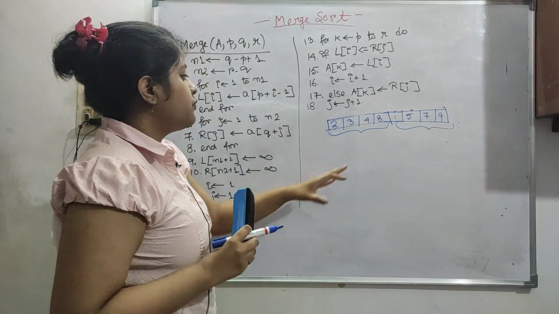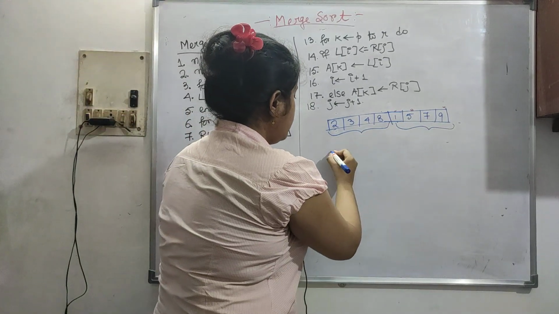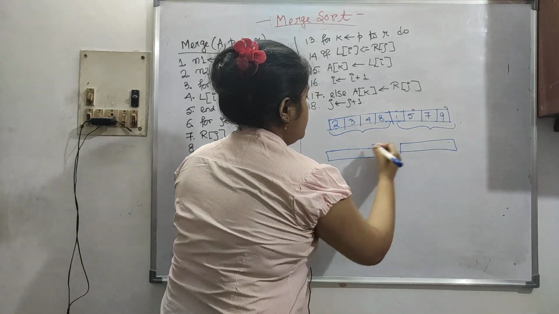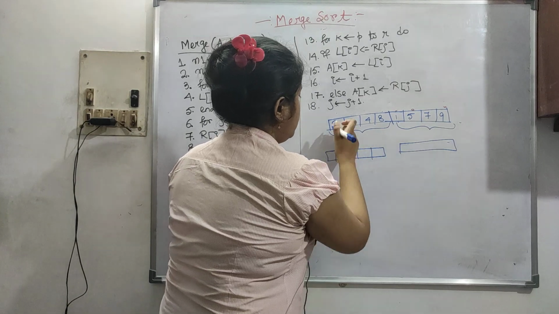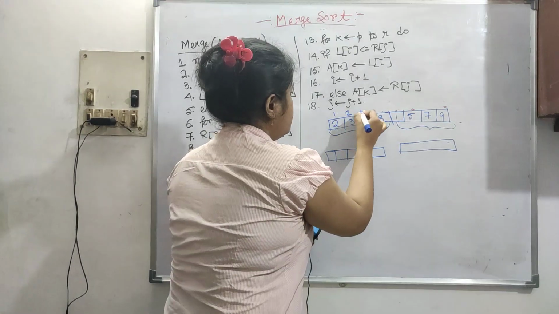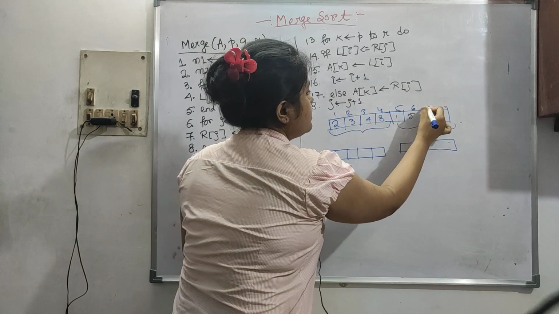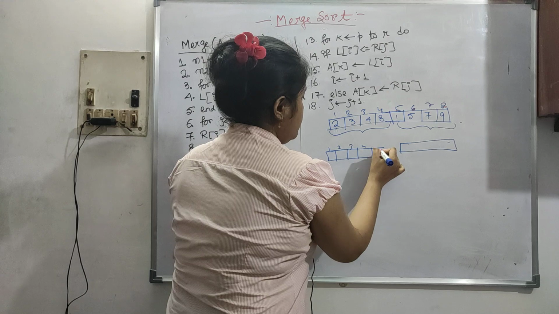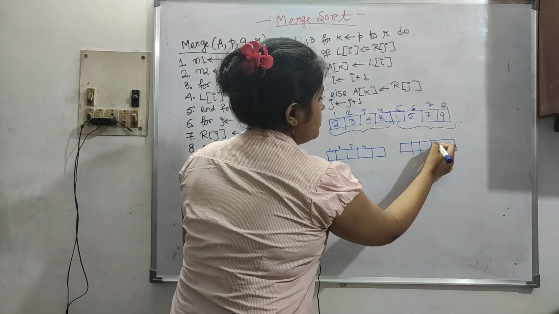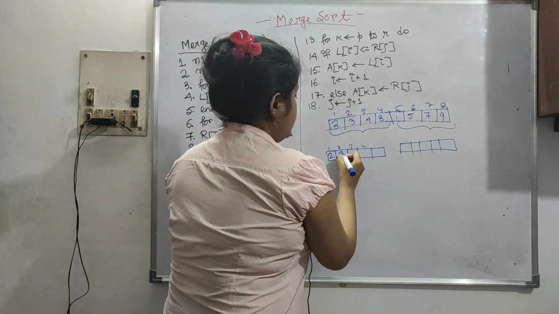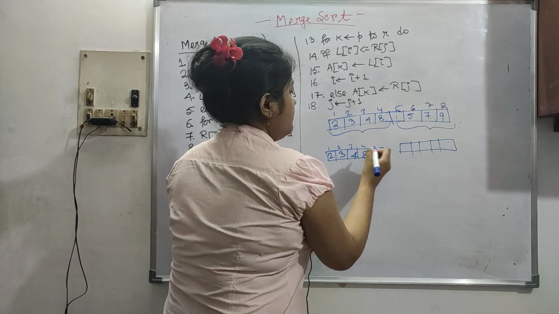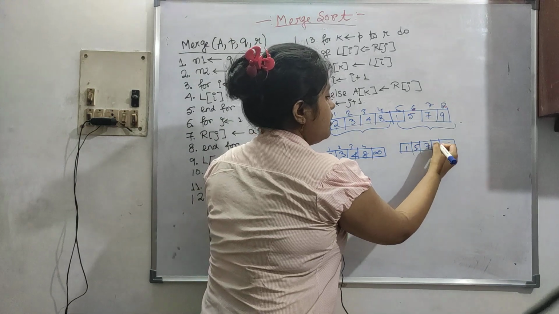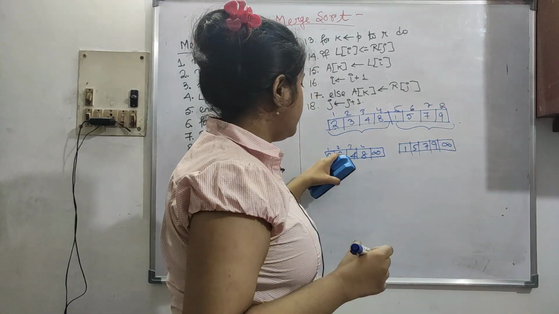Now let's see how this is working. Copy the two lists into one, say 1 2 3 4 5 6 7 and 8. 8 elements are there: 1 2 3 4 and the last 1 2 3 4. So 2 3 4 8 and infinity is added. I will tell you why and everything. 1 5 7 and 9, and another infinity is added at the end.